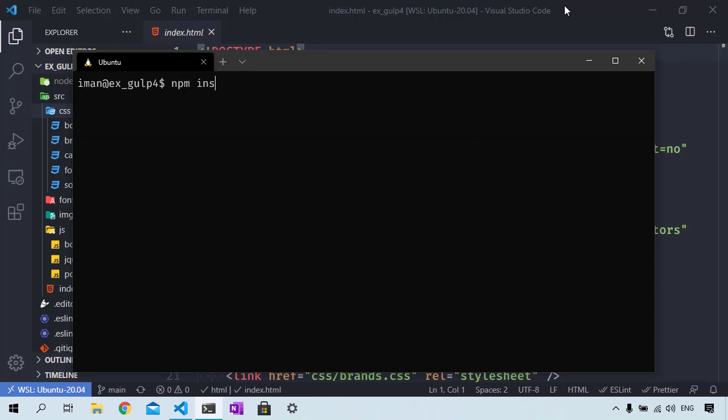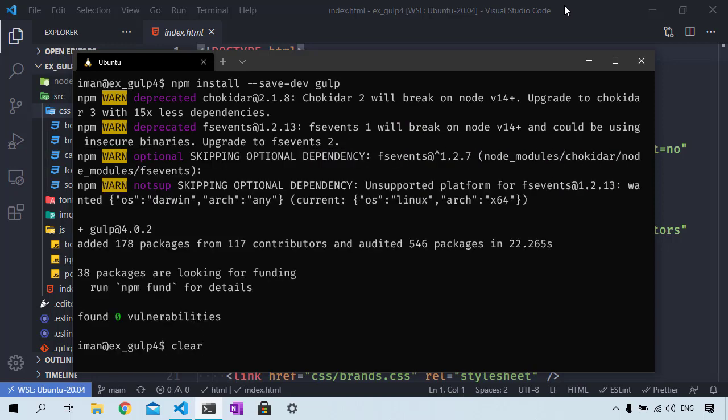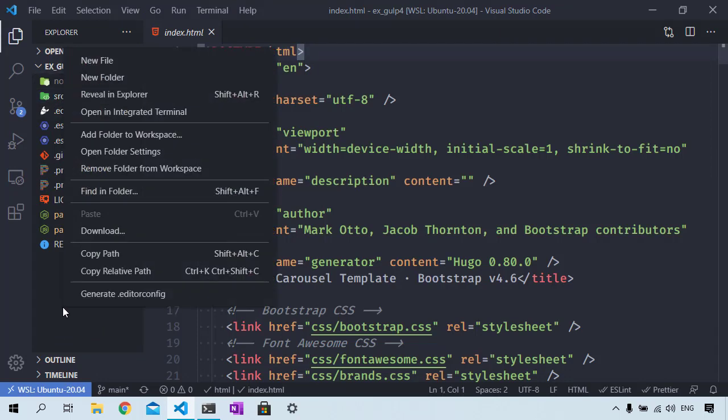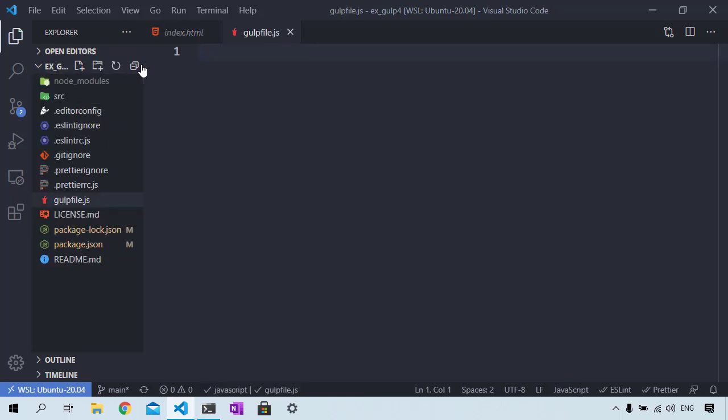There is also a local version of GulpJS that we will install in our project. Run npm install --save-dev gulp to install it into your project development dependencies. Now what we are going to do is create a file called gulpfile.js in the same directory as your project, and Gulp will load this file automatically when you run the gulp command in the terminal.